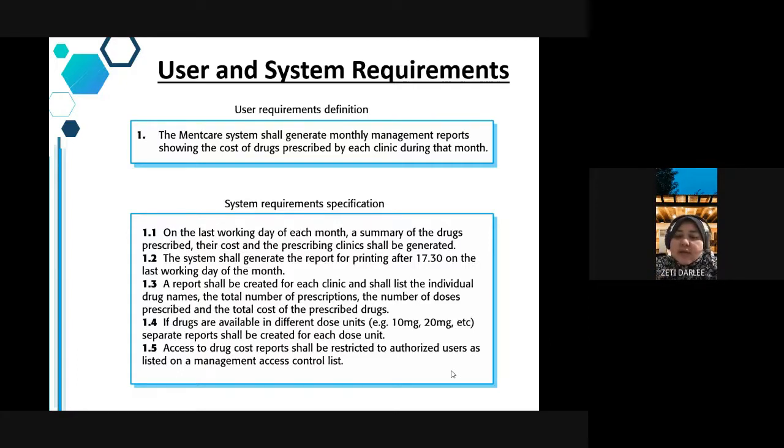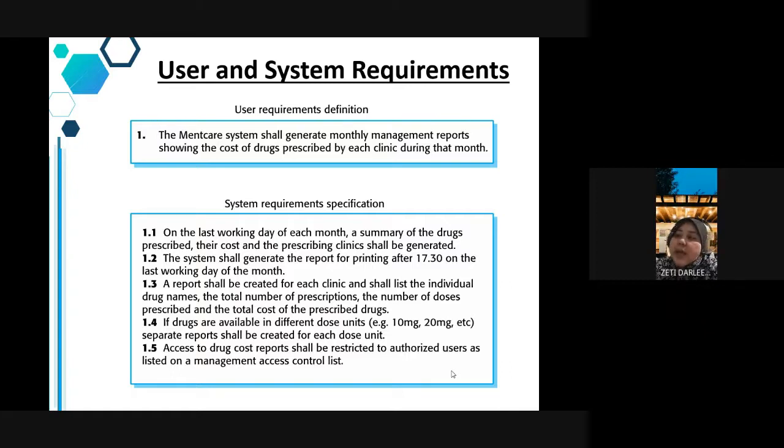maksud saya role, ada orang yang memverifykan dia ke, contohnya. So kalau dekat sini dia kata, on the last working day of each month, a summary of the drugs prescribed. Nak hasilkan summary tu, usually summary terhasil bila kita ada beberapa kerja sebelum kita hasilkan summary kan. So what are those? A summary of the drug prescribed, their cost and the prescribing clinics shall be generated. So kita assume they have more than one clinic here. So the system shall generate the report for printing